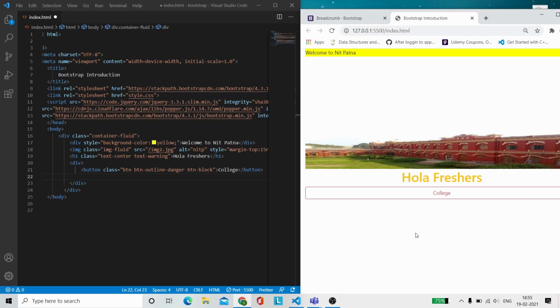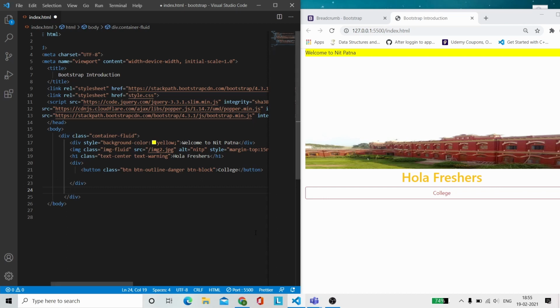The row is divided into 12 columns, and with the help of that we can easily put columns into rows, and then specify each element's relative width. Let me show you how to implement the bootstrap grid. I think you understood that we are dividing the whole row into 12 columns, and then we can assign 4 columns to one particular thing, then 4 columns to another thing, and so on.